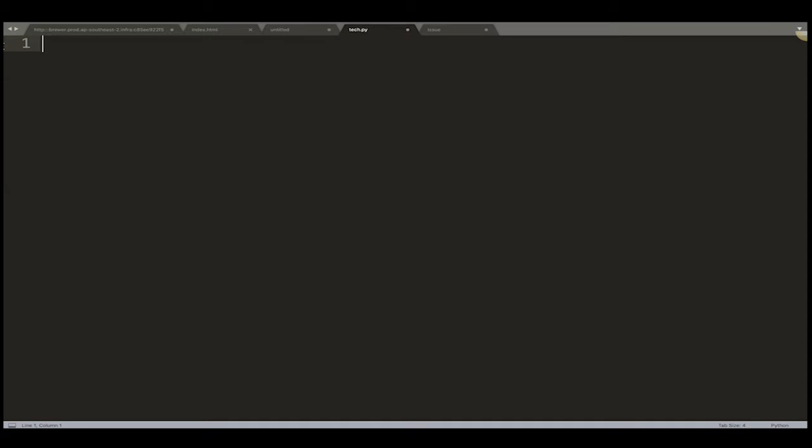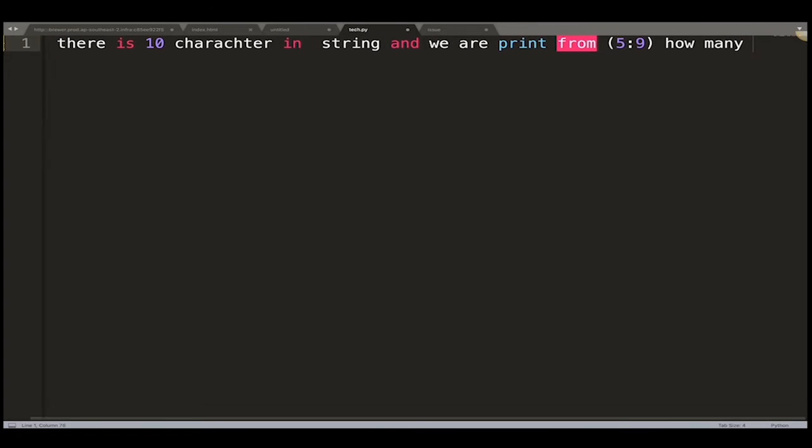So the question is, if there are 10 characters in a string and we print from 5 to 9, how many characters will you print?